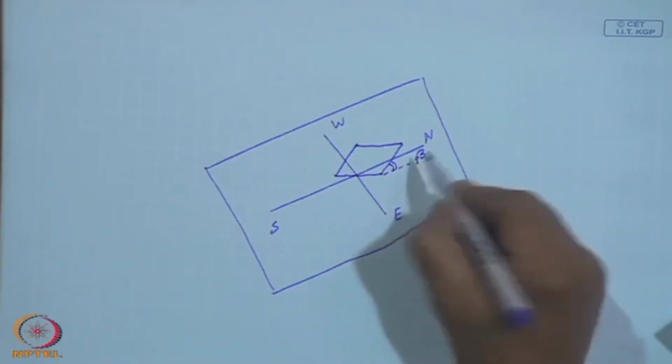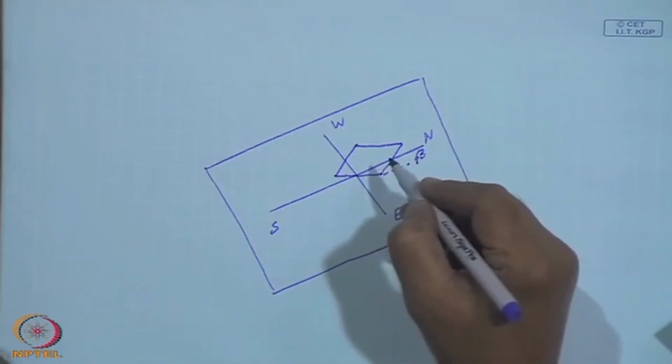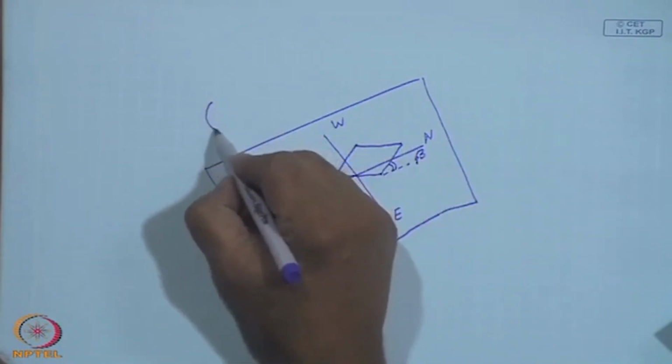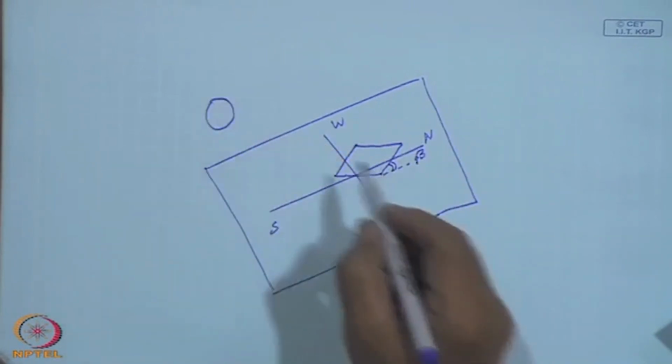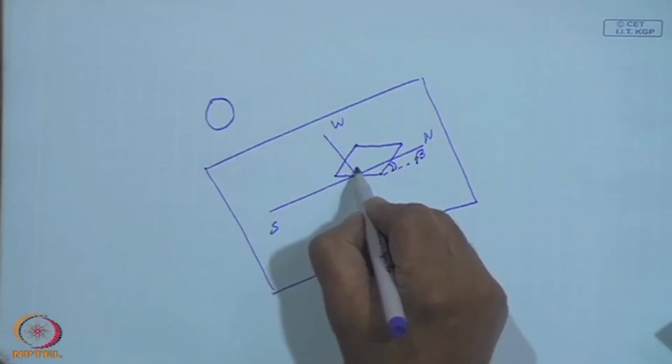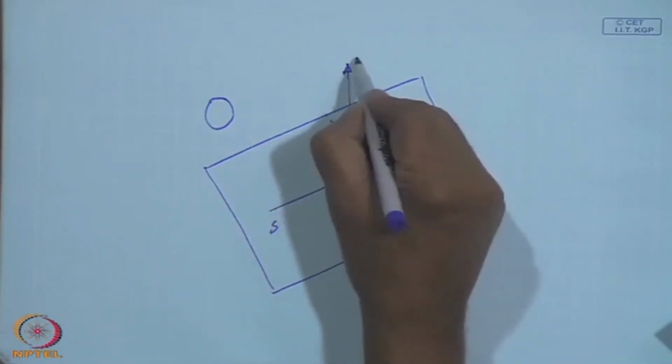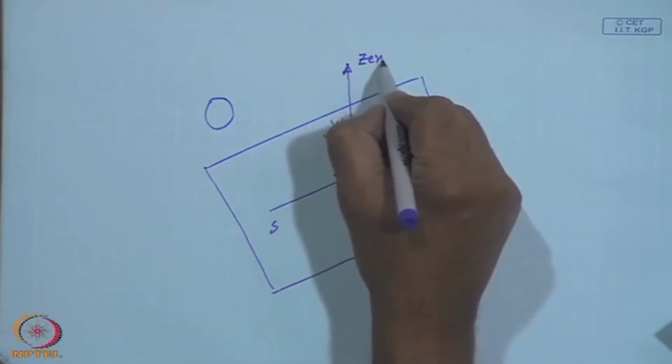This slope always is measured from behind the surface. In other words, sun is somewhere here as shown in this, and this is the zenith. Zenith is nothing but vertical line to the horizontal,